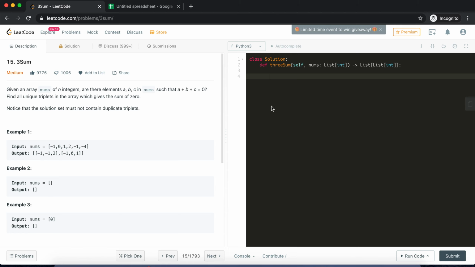Okay, so let's begin coding this problem. First and foremost, we will have to do sanity checks for the numbers. If we do not have any numbers, or the length of the numbers is less than or equal to 2, in which case we cannot find any triplet, we'll just return. Now as I mentioned, the first step is that we will sort this array. That's the easy step.